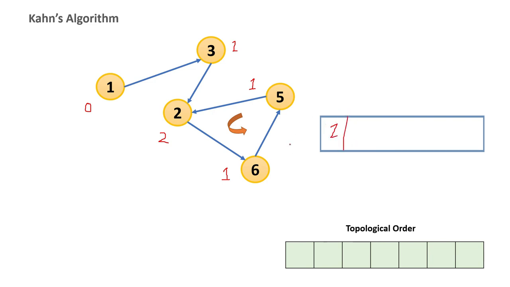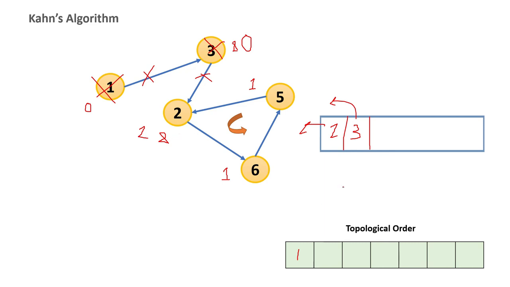Okay. And then next I will take it out from the Q, and I have to delete this part also, and update the in degree value of 3. So the in degree value of 3 will now become 0. 1 I will write here as it is, 3 as 0. So 3 I will put inside the Q as a new member. In the next iteration I will remove 3 from the Q and check for its neighbor. The neighbor of 3 is 2. So I will delete this part, and the in degree of 2 will now be reduced to 1.